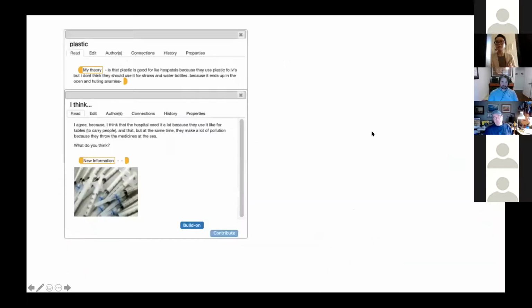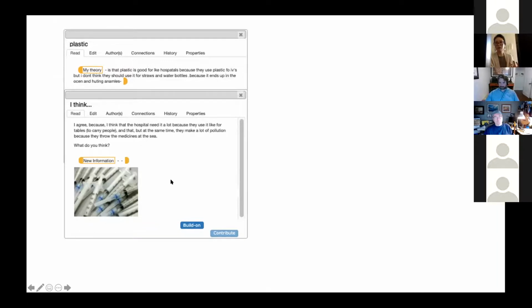And so these are just a few of the notes that the kids wrote. One kid was saying that plastic is good for hospitals because it's used for IVs, but it's not good when there are straws and water bottles, and it ends up polluting the ocean and hurting animals. Similarly, another student said that hospitals need it to carry people, probably in bags or on gurneys and tables, but at the same time there's a lot of pollution because people litter these materials in